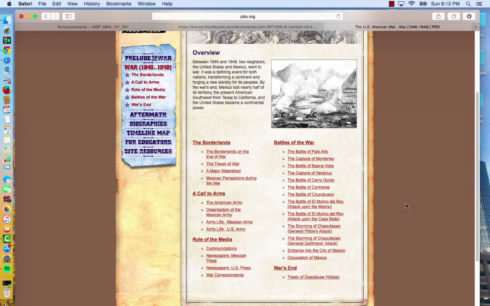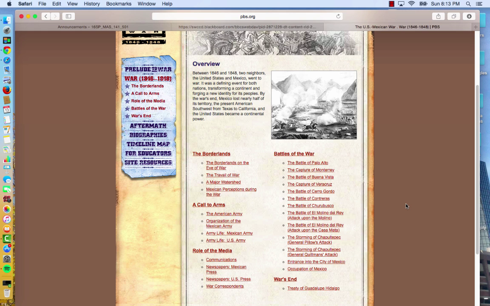Okay, a lot of good items here talking about events happening during the course of the war itself. Not just a lot of the key battles, but also things such as military aspects. That is, what was the army like? That is, the U.S. Army in terms of manpower, tactics, strategy, uniforms, and what was the Mexican army like. Those are all things covered in this section here.